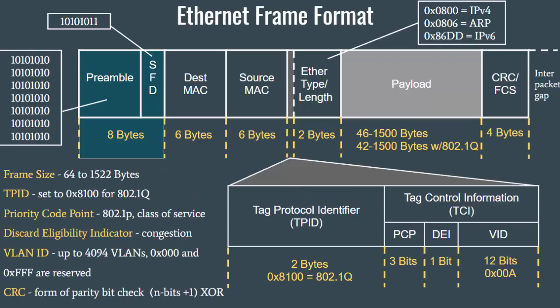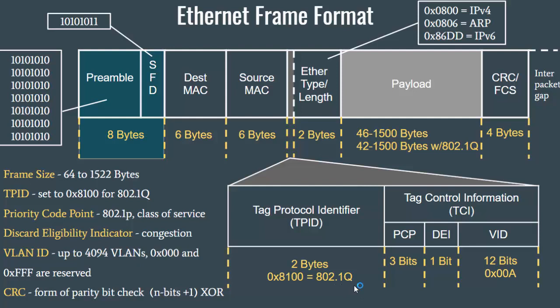If we look at the Ethernet frame format, VLAN tagging can be inserted into the Ethernet frame right here, right after the source MAC address, and in the EtherType length field, you can see that TPID and TCI information can be injected into the frame. Now in this case, the tag protocol identifier, which would be the EtherType field, would be 0x8100, which would identify that this frame has